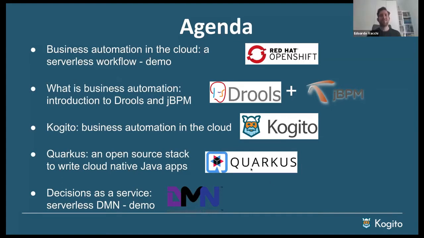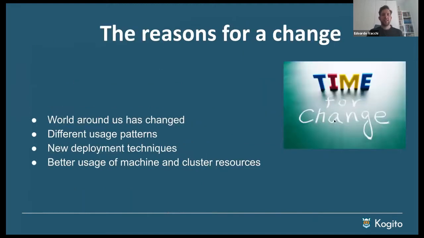All right, thank you, Mario. So today we're going to talk about business automation, and a little bit more in general. At the beginning, we will talk about cloud native development. The reason why we're talking about this is that the world around us has changed. The things that we used to do, now we do in a different way. There are different usage patterns for applications. There are different deployment techniques for our applications, and